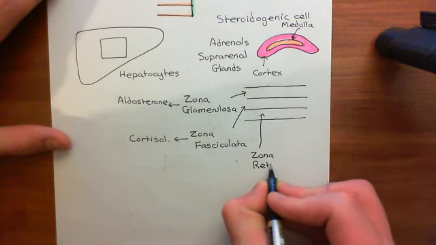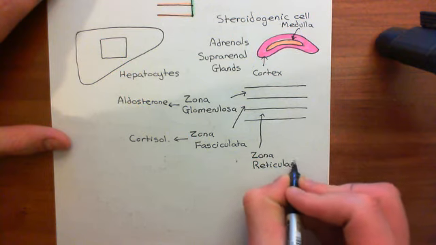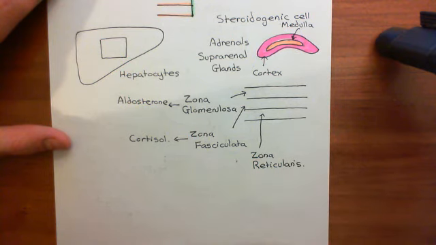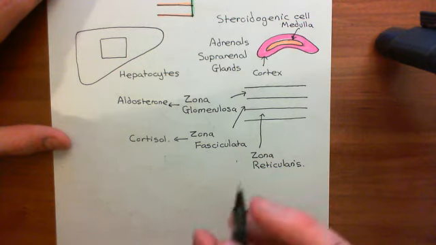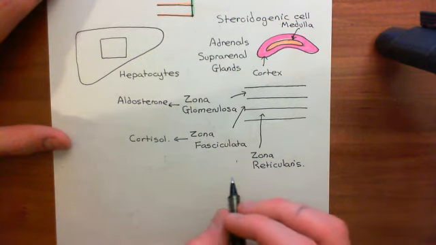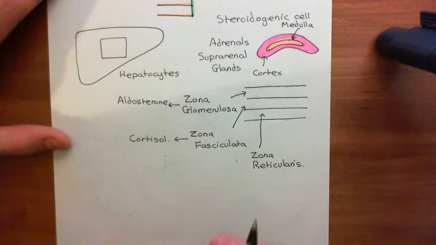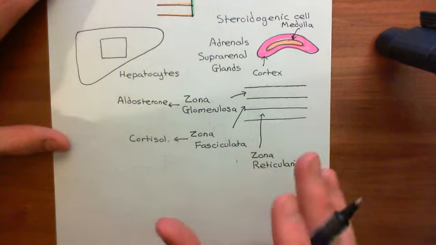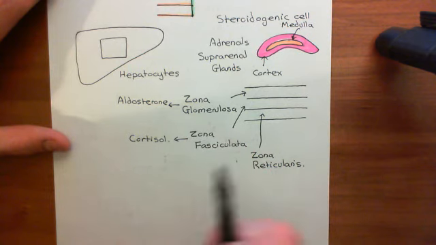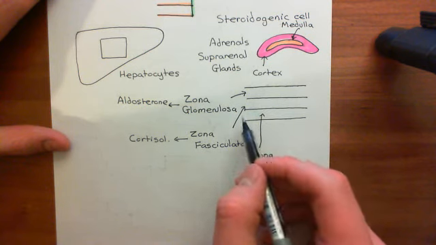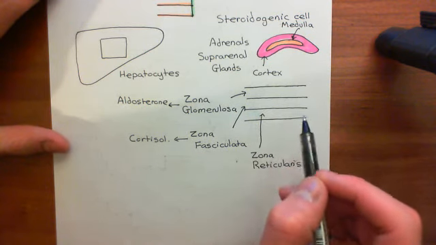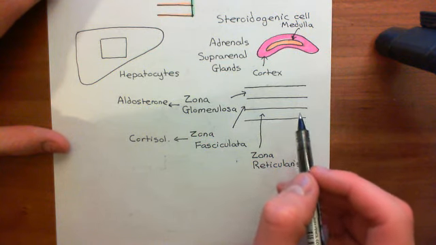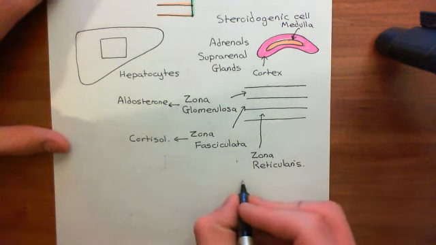This layer produces sex hormones, so androgens, estrogens, things like that. All of them synthesize steroids, and the starting point for the synthesis of steroids is cholesterol. So they need a supply of cholesterol to make these hormones. LDL molecules and HDL molecules, which are full of cholesterol esters, can bring them to these cells of the adrenal cortex, basically. In addition, you also have the testes and the ovaries, which we can summarize just as